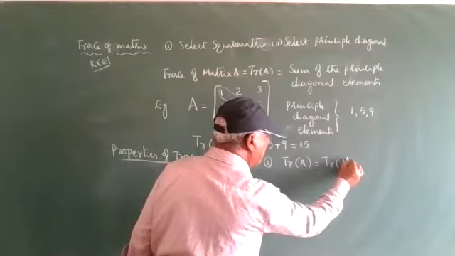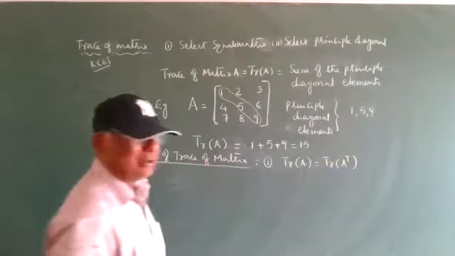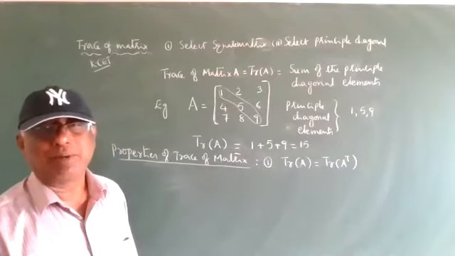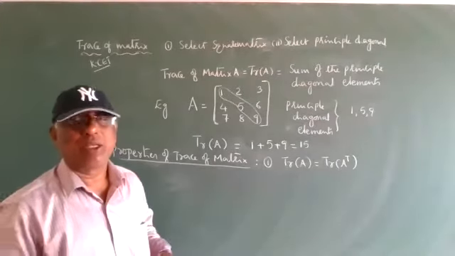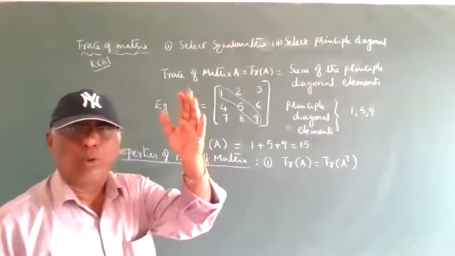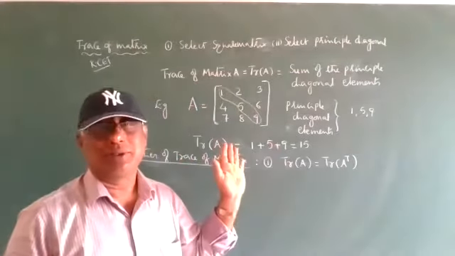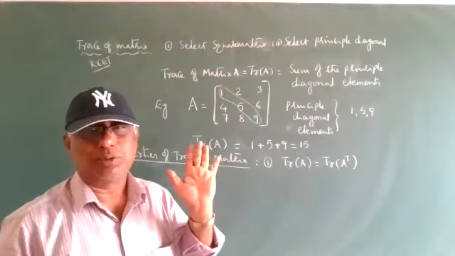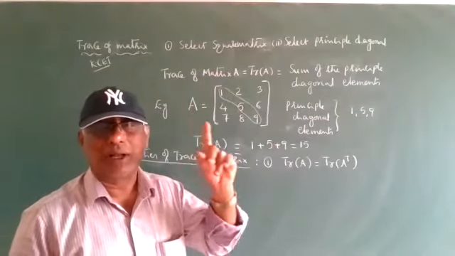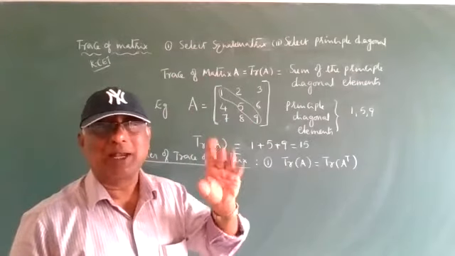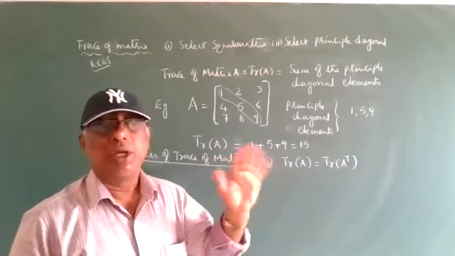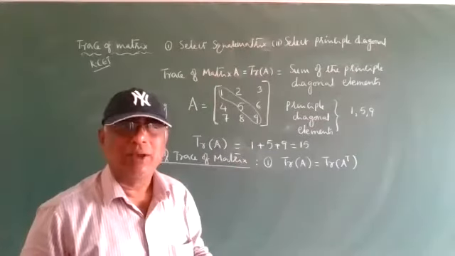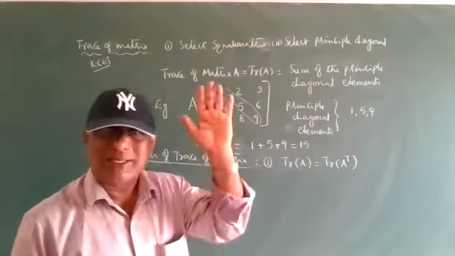What is the transpose matrix? I will tell you, and you should write it down. The trace of a matrix and the trace of its transpose are never changed. Transpose means rows as columns. So rows change into columns, and that is called the transpose matrix. A power T means transpose. You have to change rows into columns.